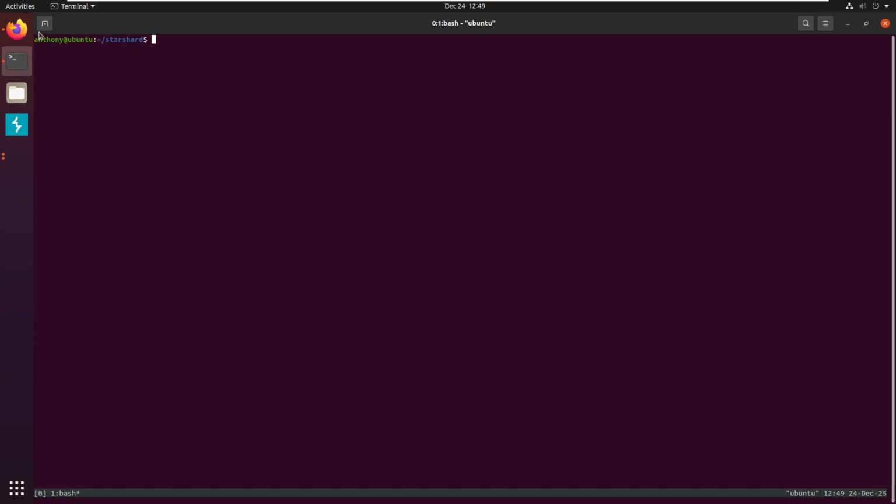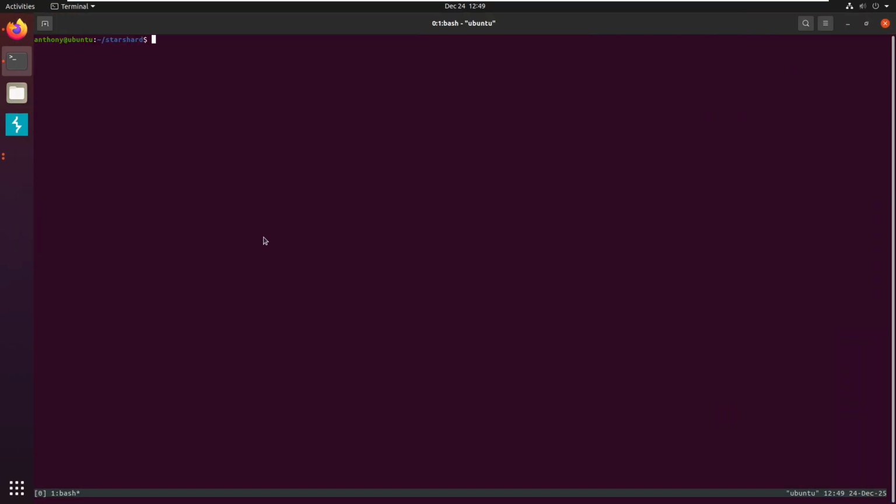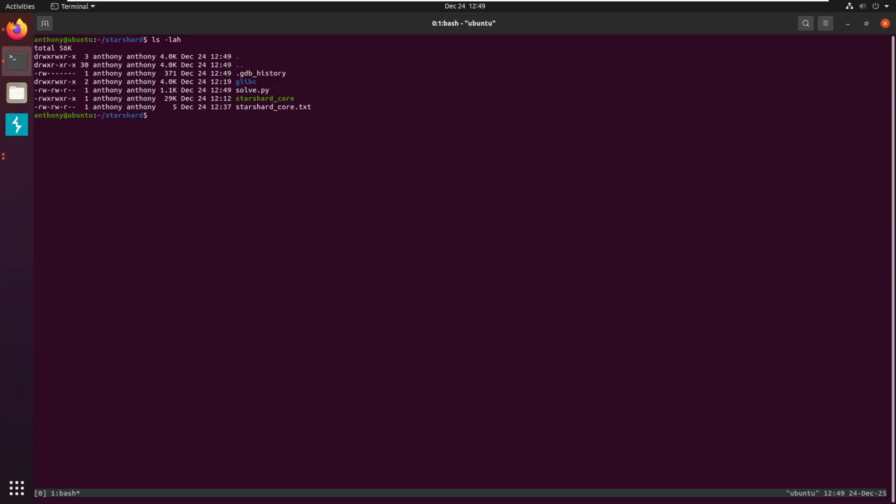All right, this is going to be a walkthrough on a Pwn challenge from the University CTF 2025, Tinsel Trouble. This is the medium challenge that was given, or the hardest challenge that was given for Pwn during this event. Our team ended up full clearing, just shy of fifth place, so we ended up in sixth. But let's dive into this, and I'll explain how I solved this challenge and the primitives that are used to